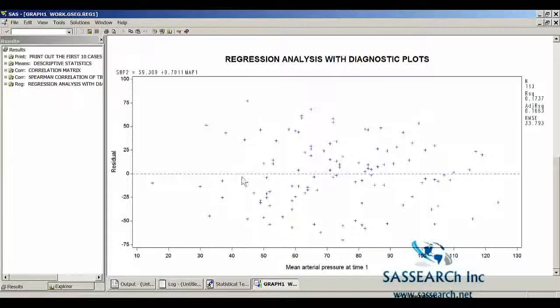And then in terms of looking at linearity, we're interested in whether there appears to be a random scatter of points about the y equals 0 line. So there's no obvious pattern. So again, it appears that our linearity assumption is met. Again, for equal variance, we're interested in the width of the points. And for linearity, we're interested in whether there's a random pattern around the y = 0 line. So based on these